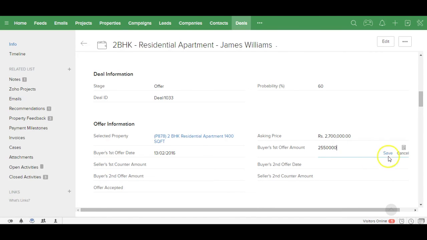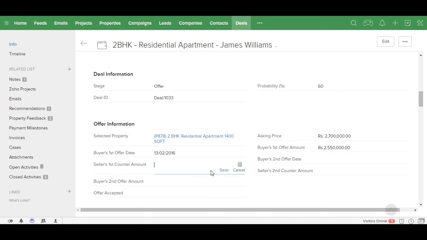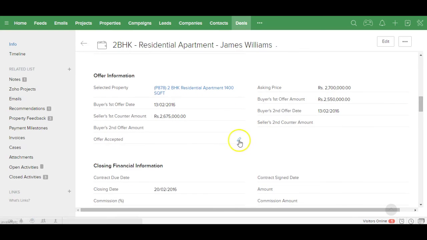So you can give this offer over here, and then the seller's first counter offer, you could also capture that part of it. Maybe the counter offer was for 26 lakhs 75,000. And then on which date the second offer has been given, you can also capture that, maybe on the same day. So this could go through multiple iterations, and finally once the offer is accepted,